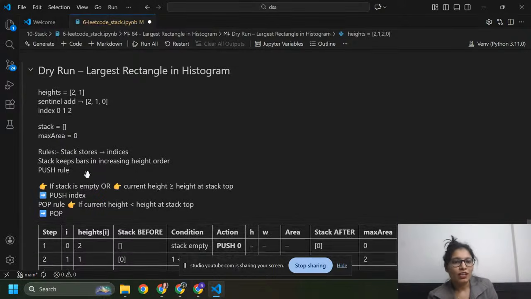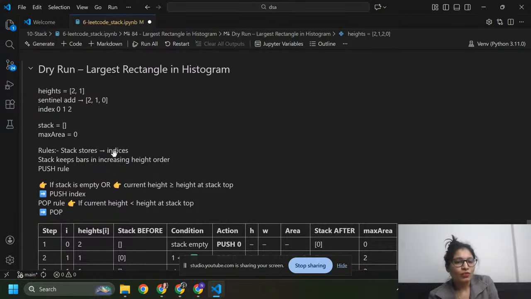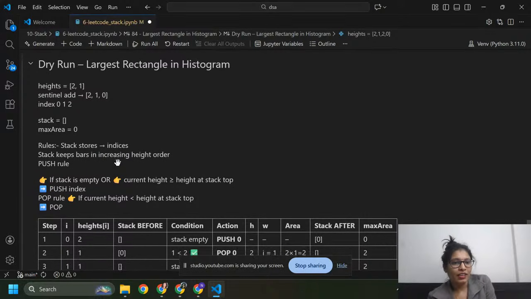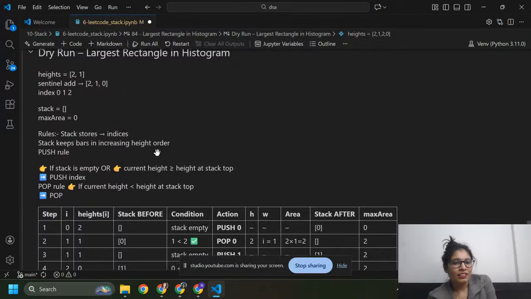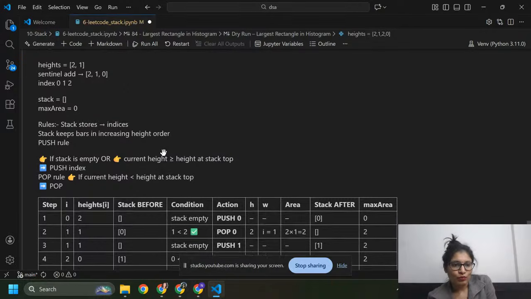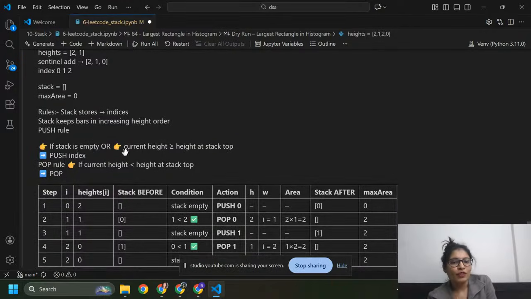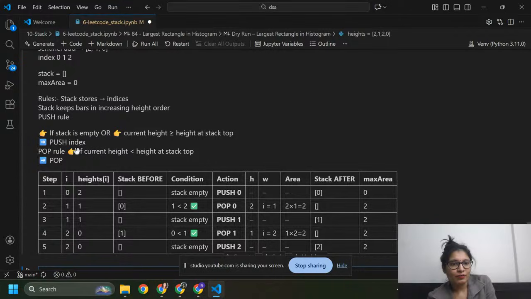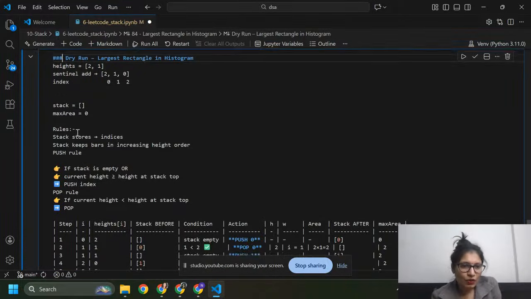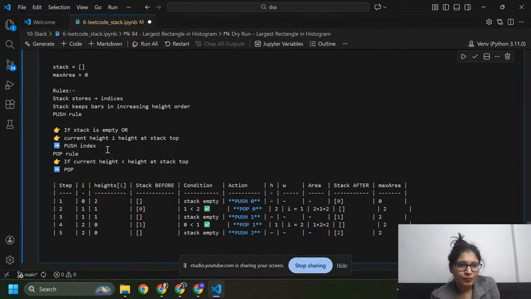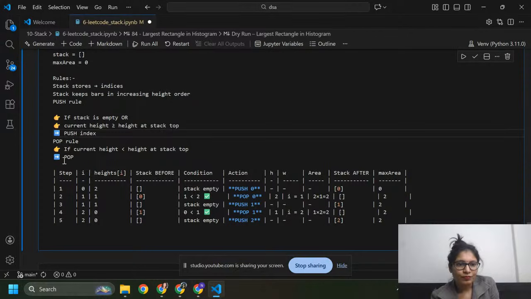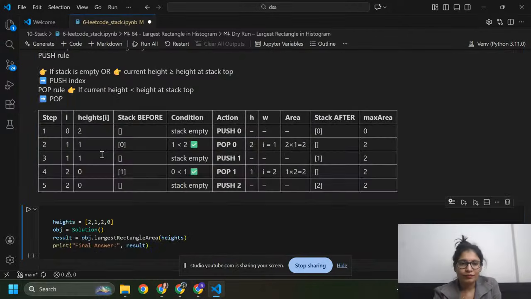So these are the rules. The stack stores indices, and the stack keeps bars in increasing height order. Push rule: if the stack is empty or the current height is greater than or equal to the height at the stack top, then we push the index.